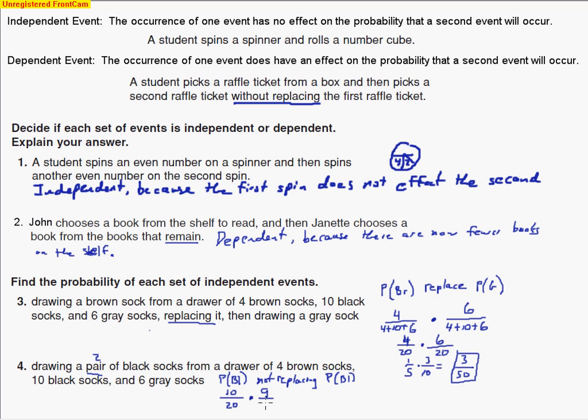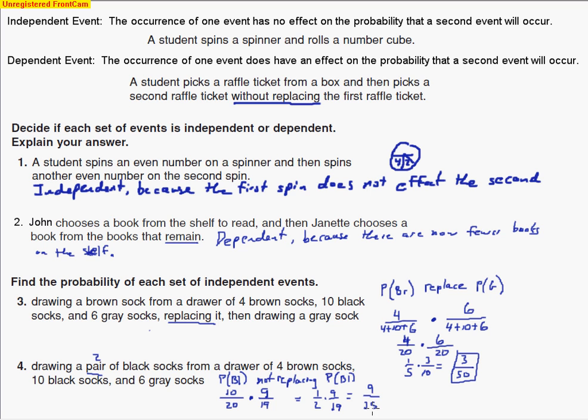And this is out of how many? Well, there are 19 now, because we took away 1 of those black socks. So that's why I had to reduce this number by 1 and this number by 1, because there are fewer socks now. So we can reduce this fraction a little bit. 10/20ths is the same as 1 over 2. 9 over 19 can't reduce, so we just multiply across